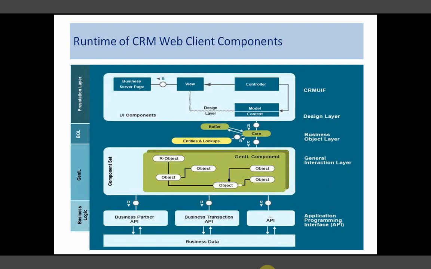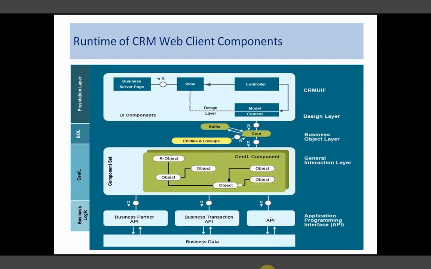The controller has a model, and that model has a context. We will discuss what the context is and how it is mapped. The model will call a core object. It will not instantiate the core object, because the core object is instantiated by the framework, not by the model.